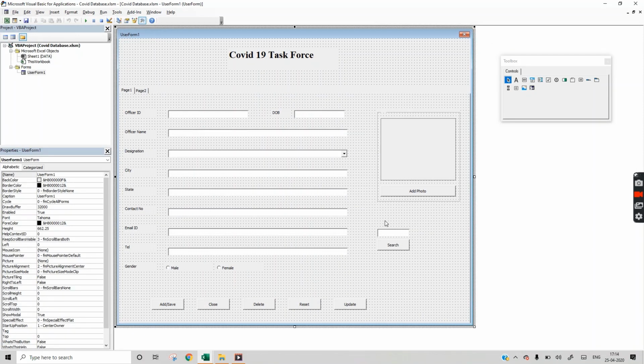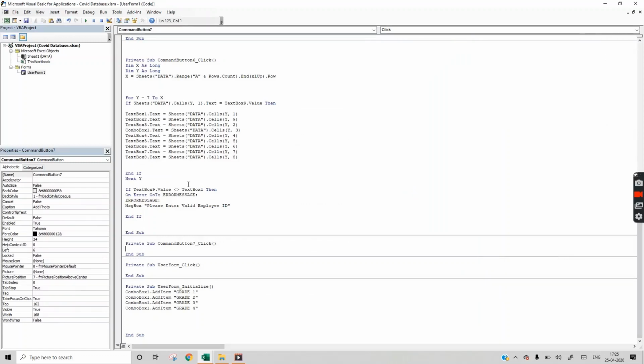Okay, now we will move to the next button. Double click on this Add Photo.